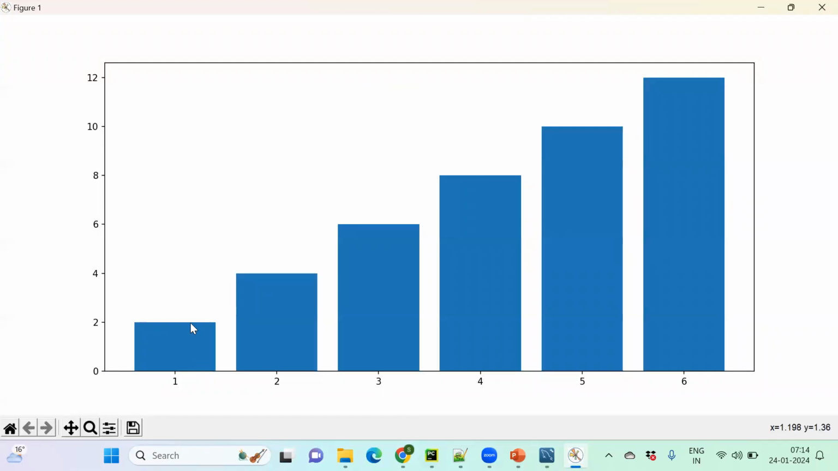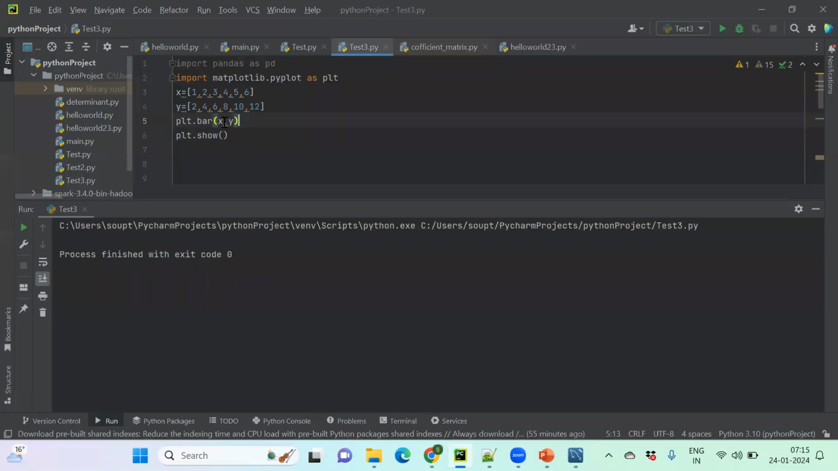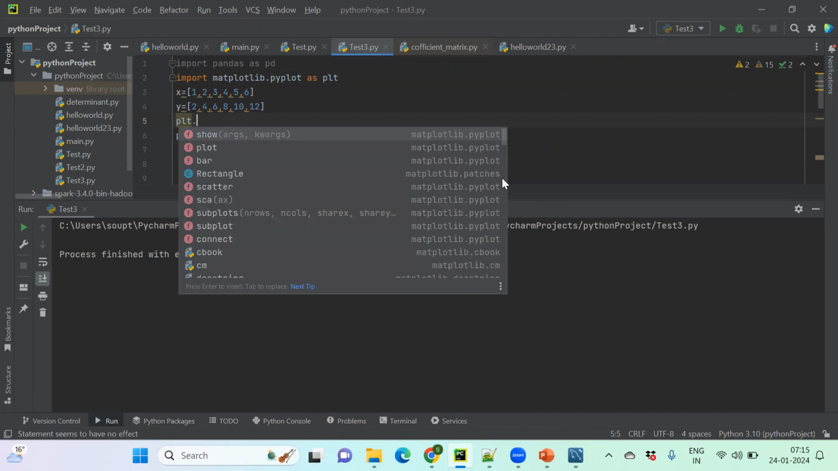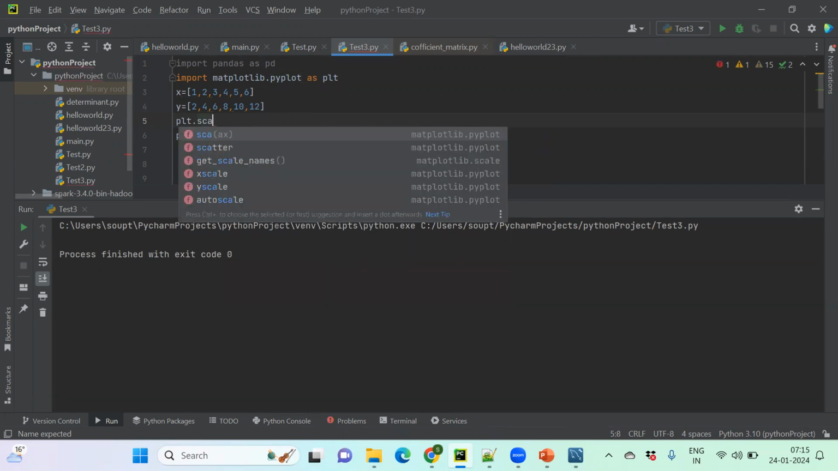Okay, so this is a simple bar chart as well. Whatever chart is required, there are lots of charts available. After plt dot, you can put a dot and see all the functions available: rectangle, scatter plot, subplots. Okay, we put scatter plot,